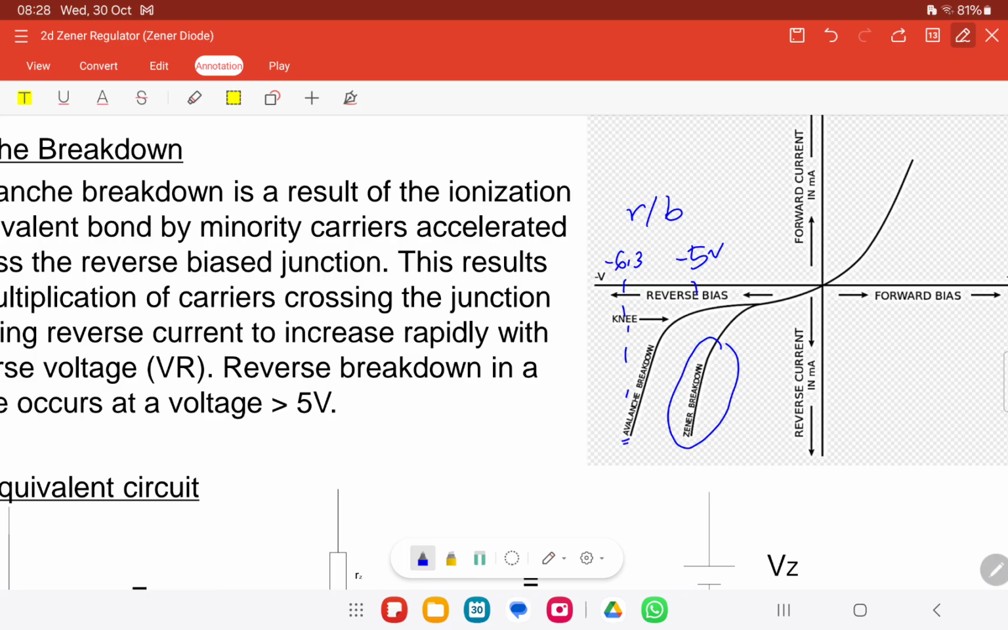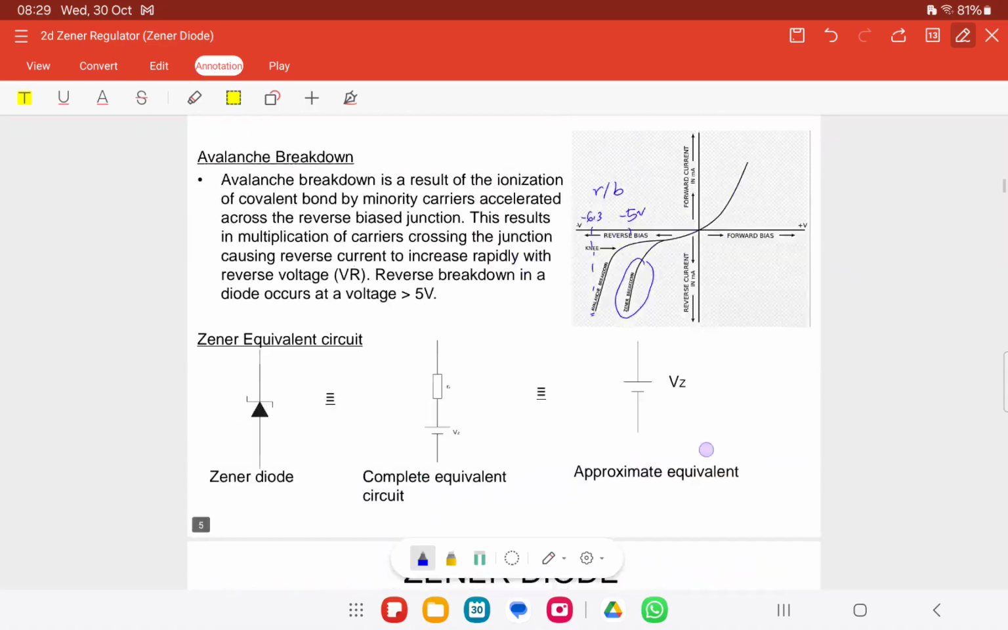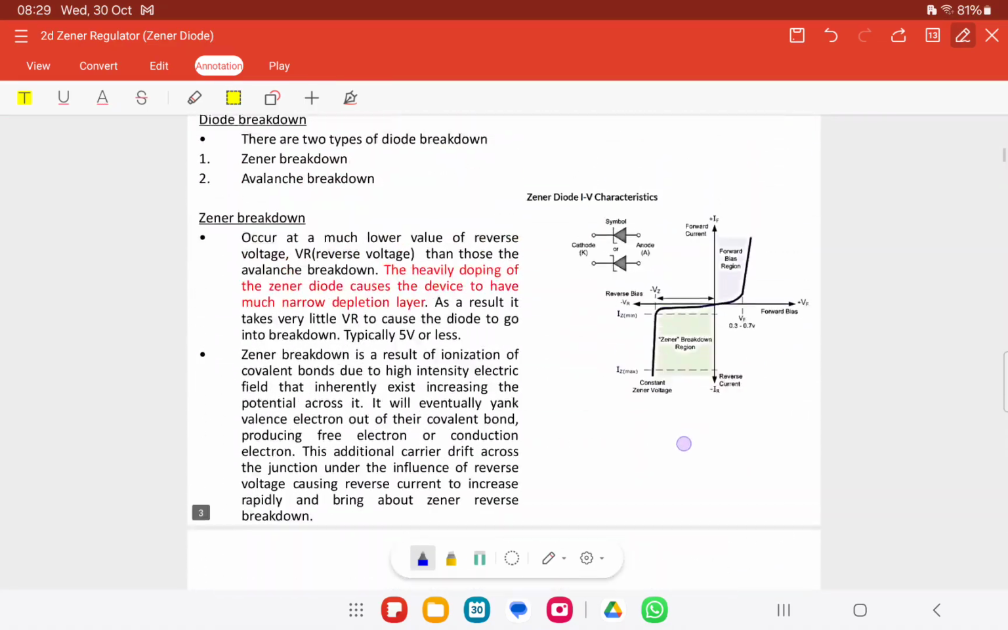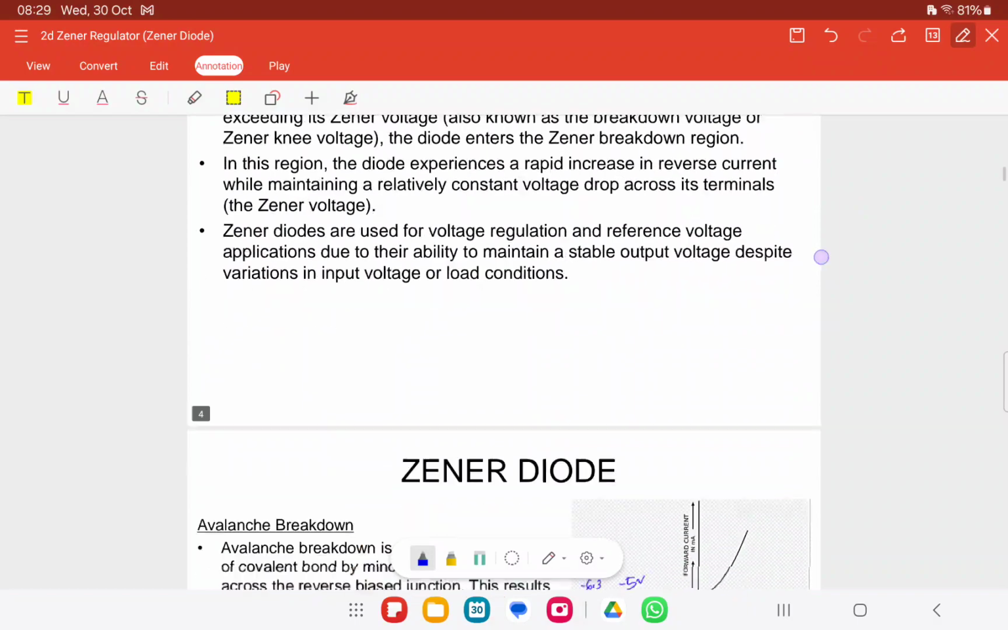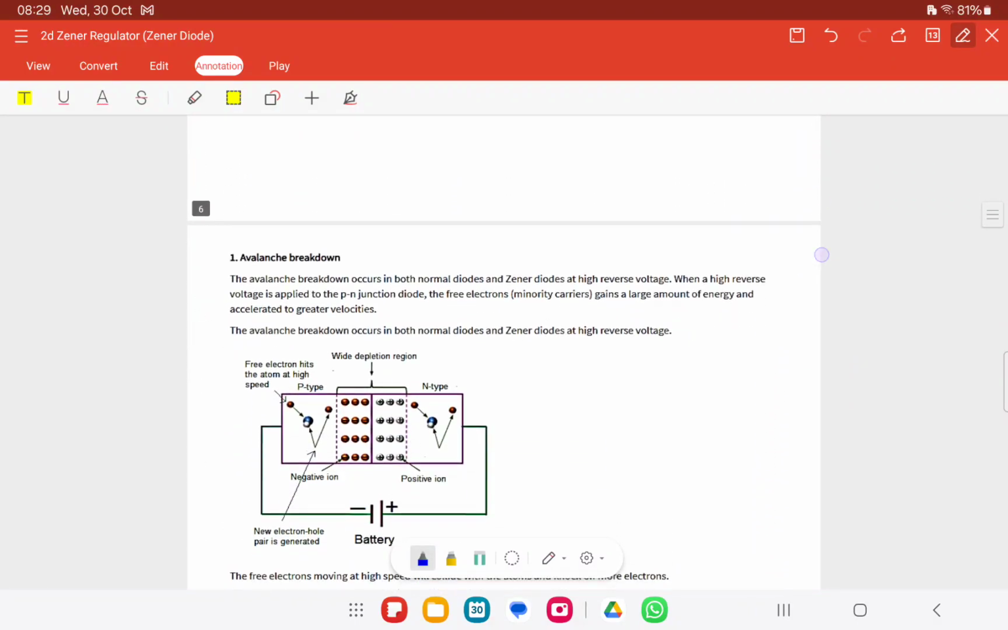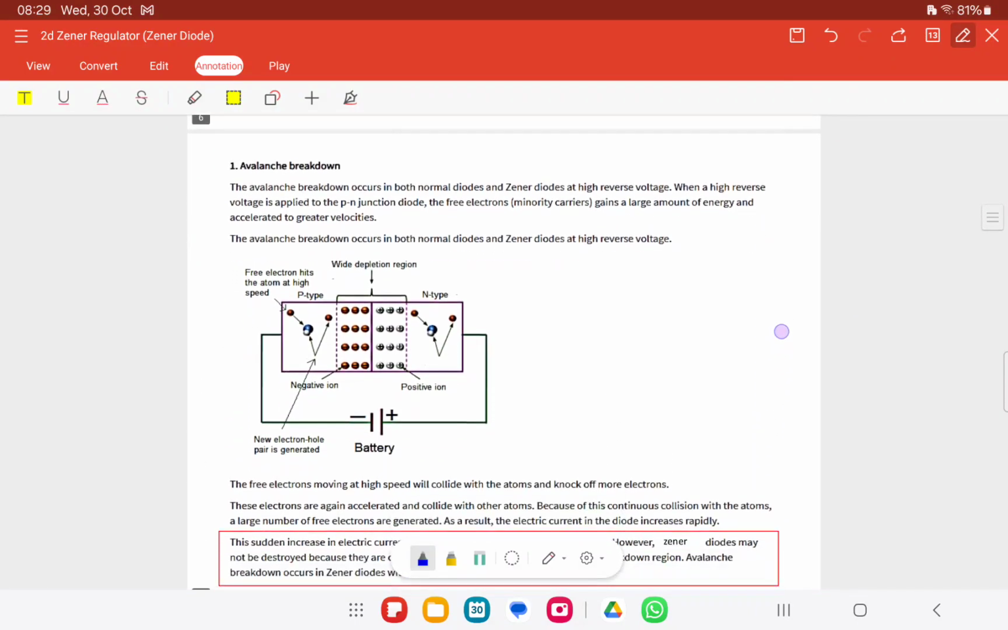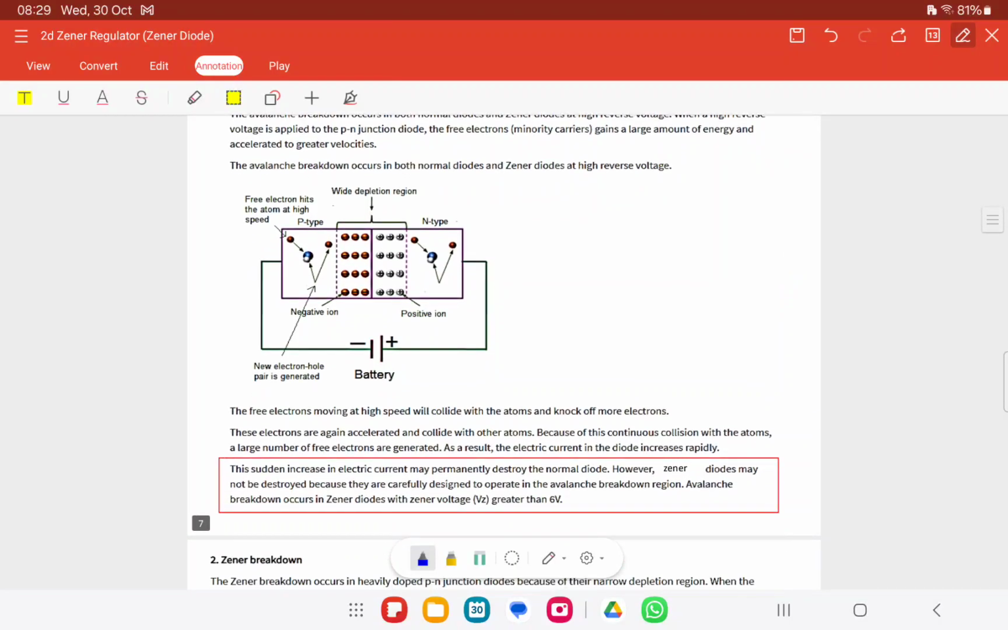And for avalanche breakdown, this one is due to the collisions of the ions. Due to collisions of the ions, maksudnya bila ions tu berlanggar, dia akan produce kinetic energy. Bila dia makin banyak berlanggar, dia akan lagi banyak kinetic energy lah. Okay. This one, free electron hits the atom at high speed, maksudnya dia akan lagi banyak pelanggaran berlaku in the